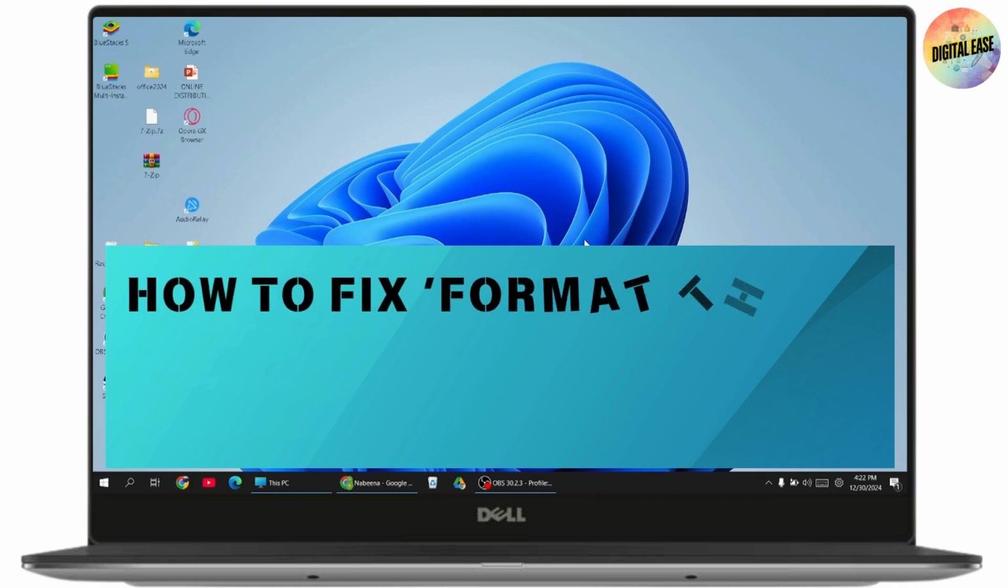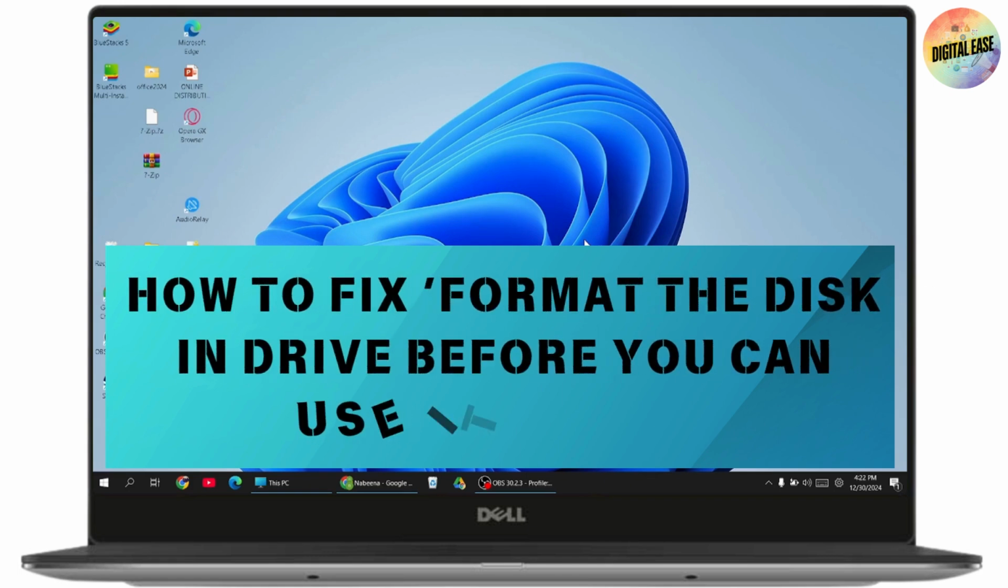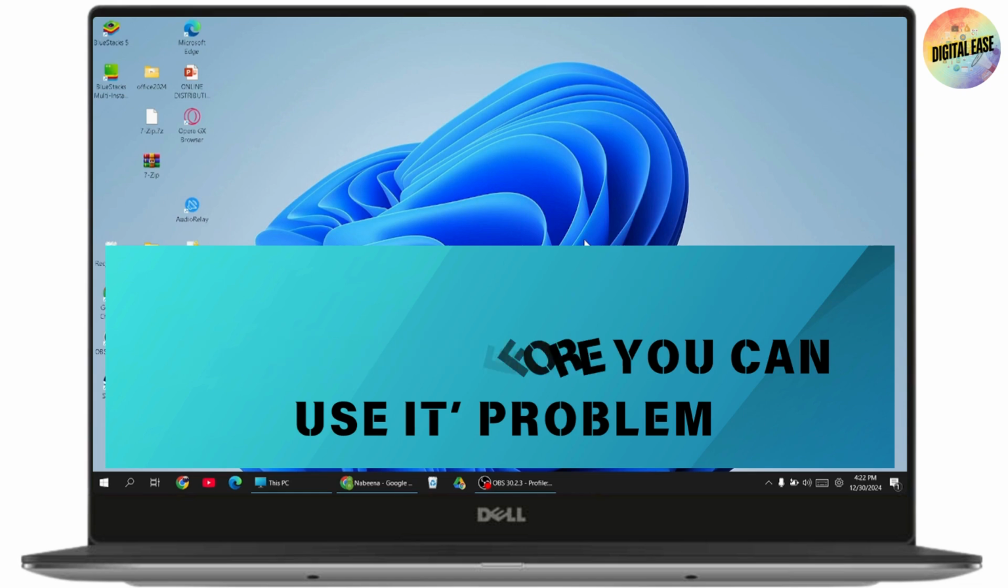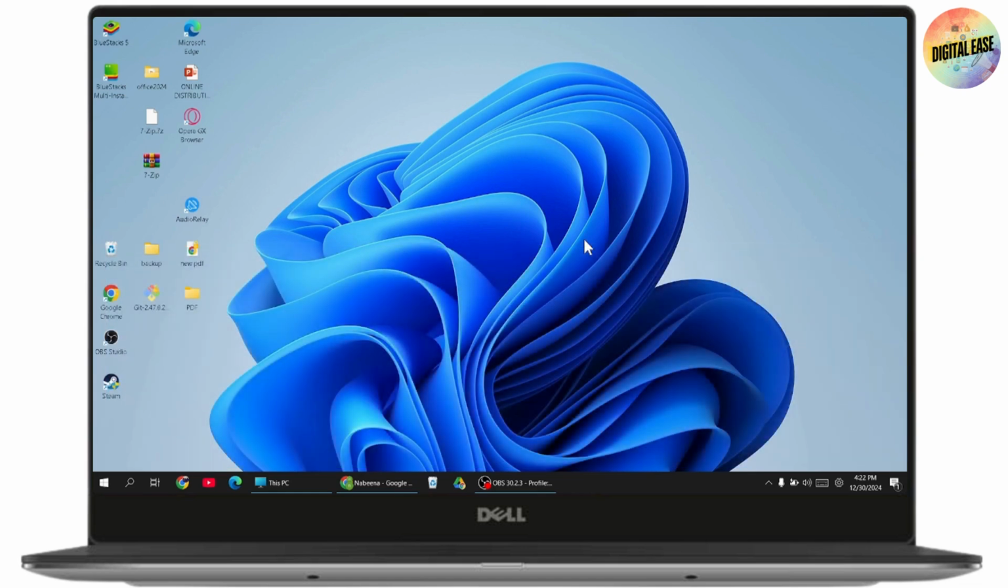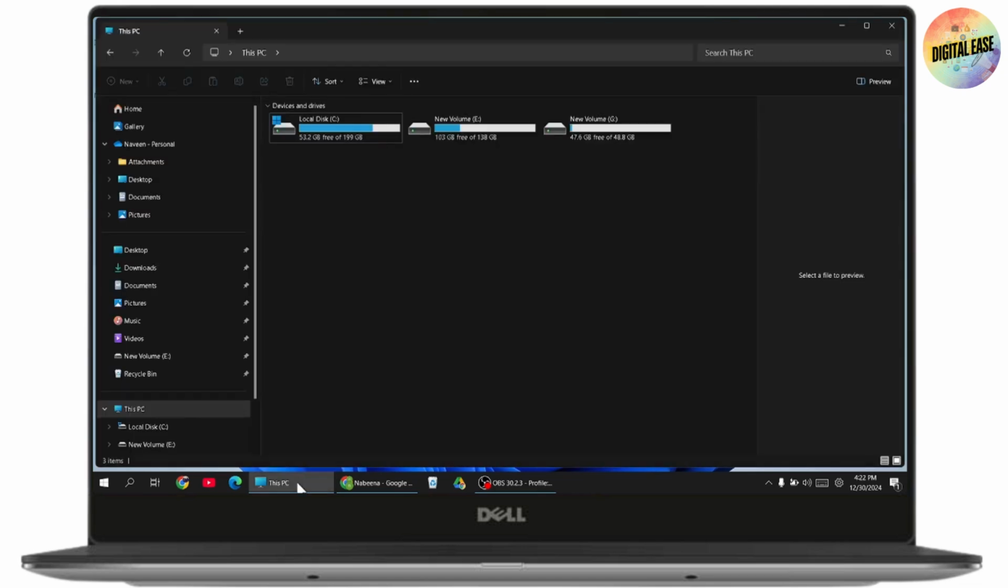How to fix the "format the disk in drive before you can use it" problem. If you're facing the problem of "format the disk in the drive before you can use it," then what you can do is simply go to This PC and make sure which disk you are facing the problem in. So for example, if I'm facing the problem in disk G, then what you can do is